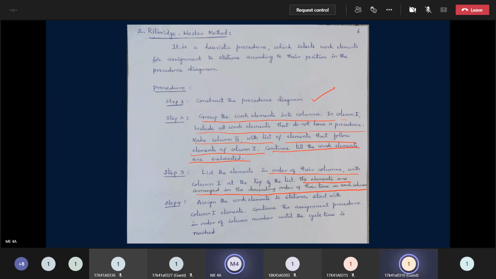Sir, will there be only problems, or can we expect theory too? In the mid examination, you can expect problems also, or theory, whatever it is. It will be given in such a way that the time will be good enough. For the second mid we have only 2.5 units. That means the second half of the third unit, the fourth unit, and the fifth unit.